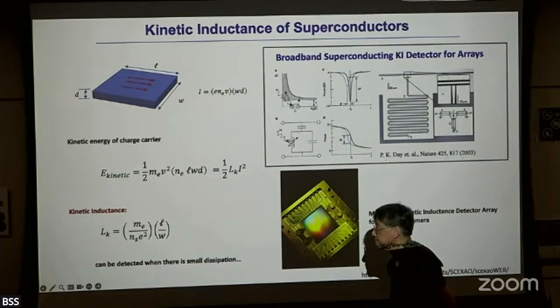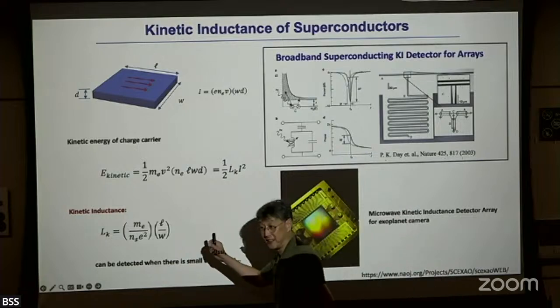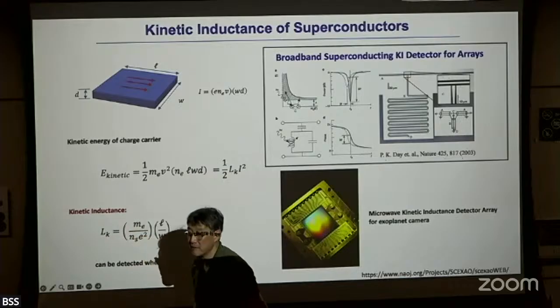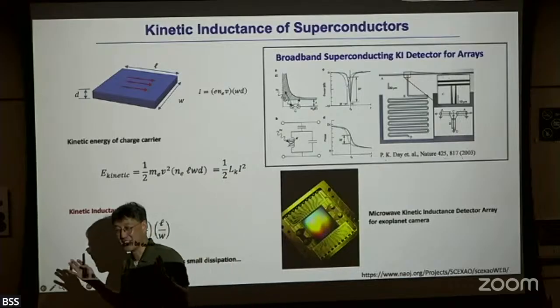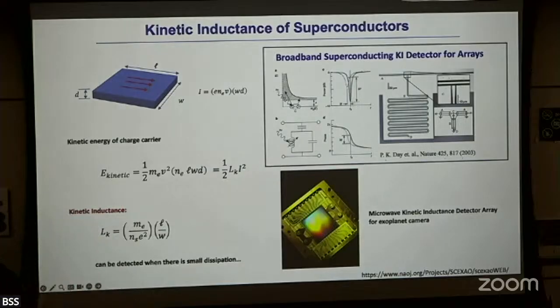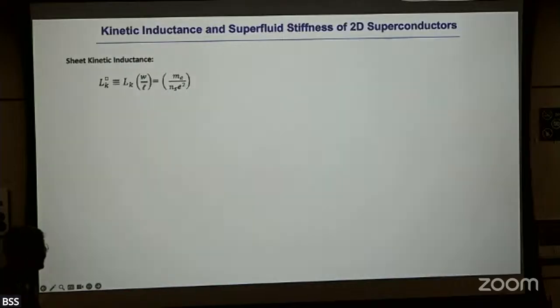Yes, if I set the Lorentz model's omega c to 0, the kinetic inductance naturally comes around. But in a bulk system it is really ignorable compared with the geometrical inductance, so usually we don't consider this at all. It's just kinetic energy. Kind of, yeah. All right.